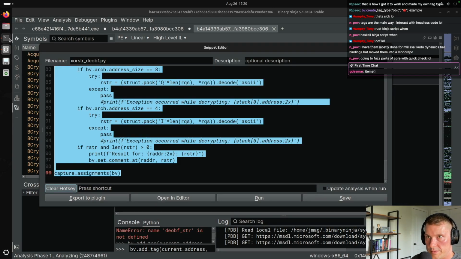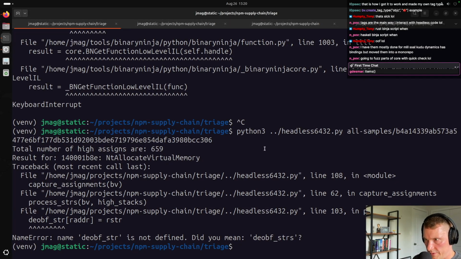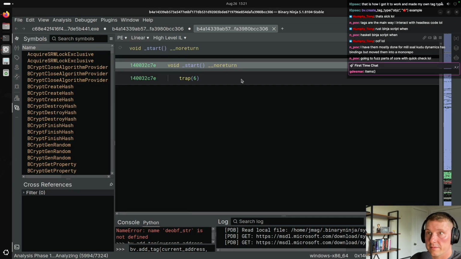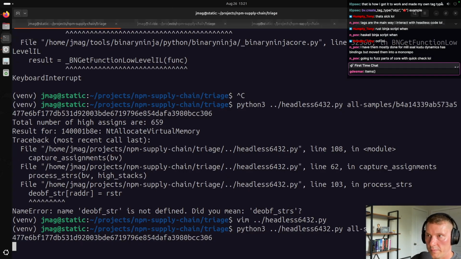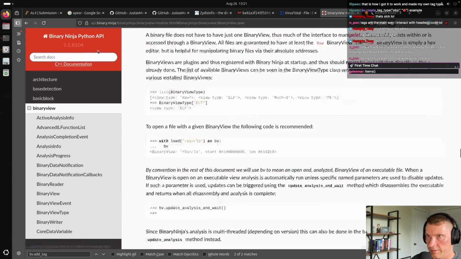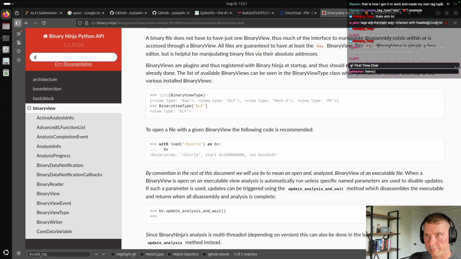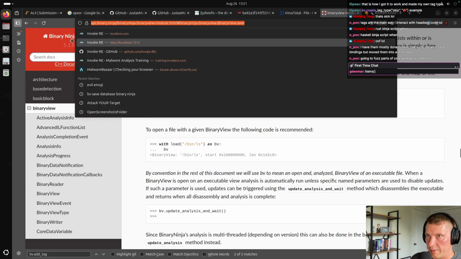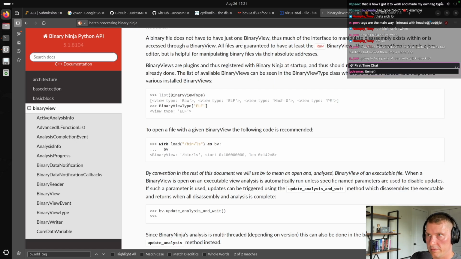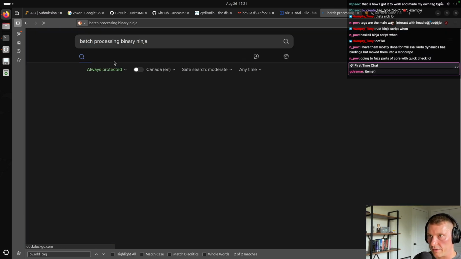And then what else do we have here? Deof strings. Okay, I think that should work. All right, it's a race between the UI Binja and the headless Binja. I don't know if I could set more cores for the headless Binja too, though. I think I can. Let's see. I know there's batch processing, Binary Ninja batch processing. But I think that was a per